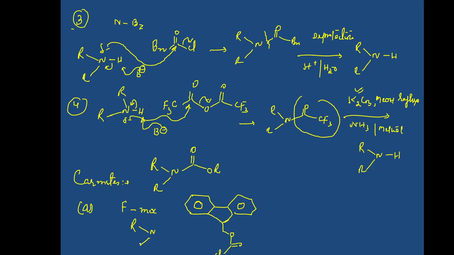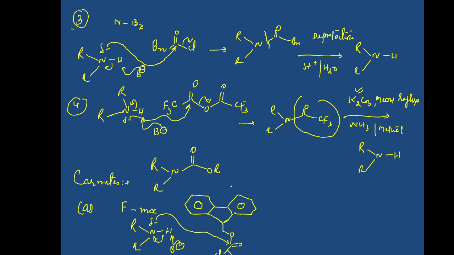So basically this Fmoc is used as a protecting group. So I'll treat it with an amine. Let me take a secondary amine. A base will be required. In all these protecting groups, first a base will be required to remove this proton. Why this proton? Because it's an acidic proton. Why is it acidic? Because it is attached to a more electronegative atom, so here I will get a negative charge, delta negative. Since chloride is a very good leaving group, it will leave over here. So it will attack over here.